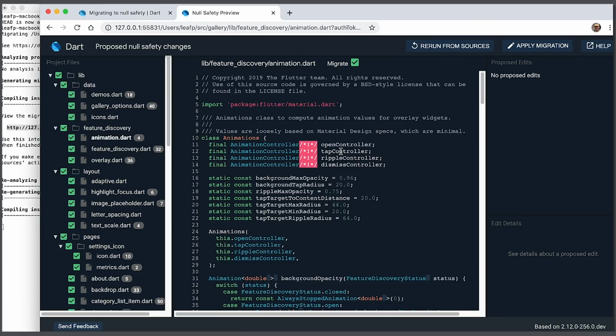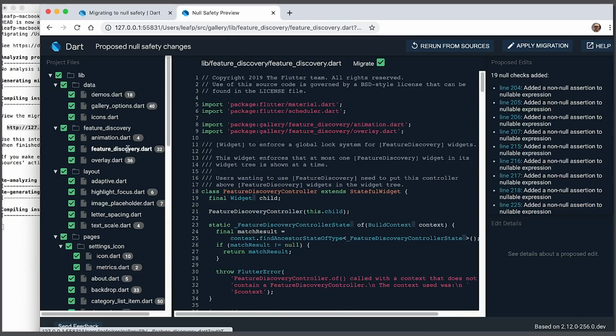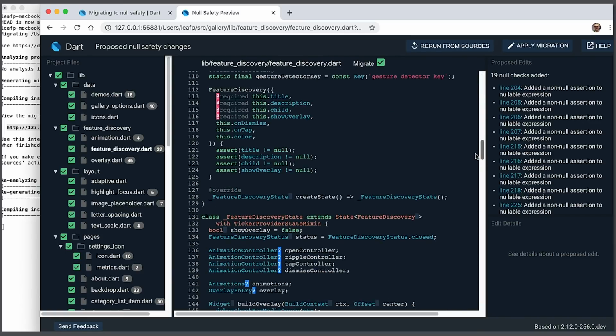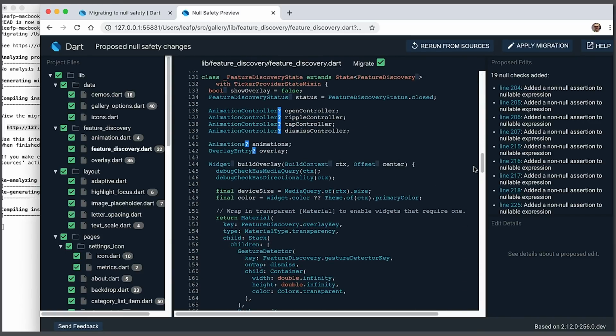It does all the mechanical work of figuring out what flows from these decisions that we make about what things are nullable. Okay? One more example I want to show of a different kind of tool we can use. If we go to featurediscovery.dart here, we'll see another example of a code pattern which is very common in Flutter, which is a state. This accompanies a stateful widget, and it's a state class. There's a very common pattern here where state classes tend to have fields which are not set in the constructors, but are set in the initState method. Often, but not always, those fields are never actually intended to be used as null. They just happen to be set a little bit late.